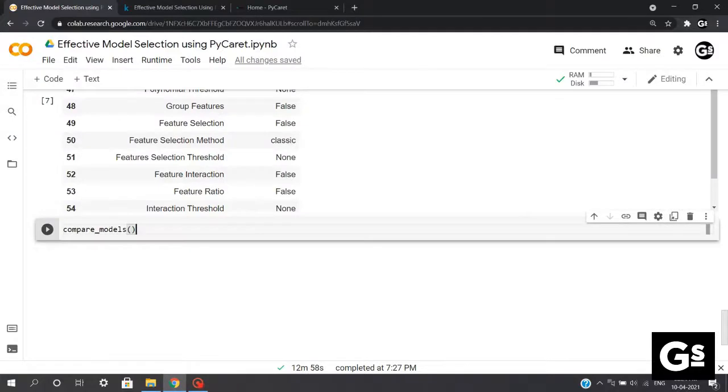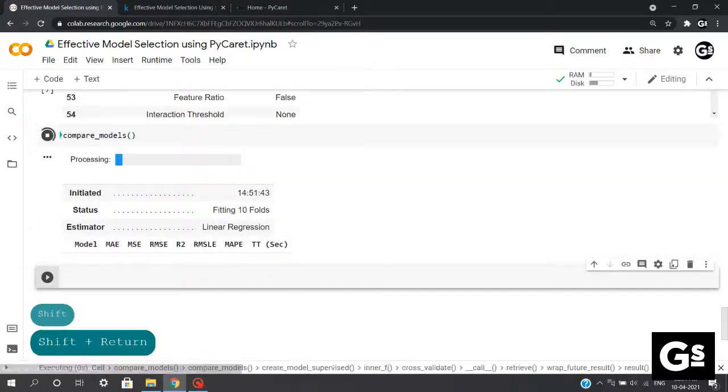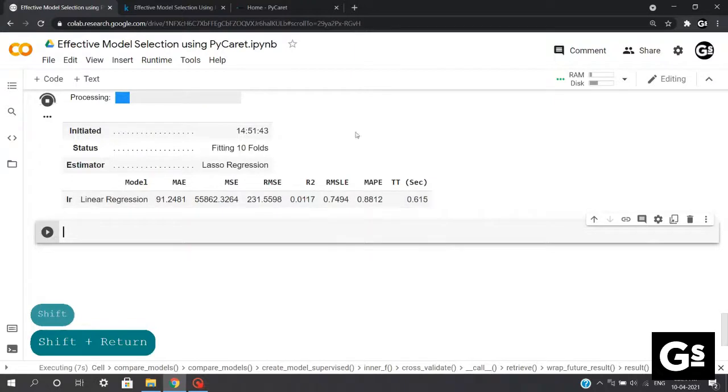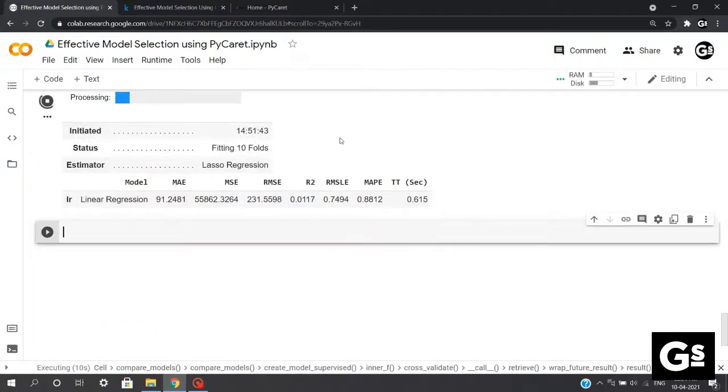Once we are done with the setup, we'll be executing compare_models. This will experiment our data with various models using k-fold cross-validation of 10. It will compare each model's performance on your data and rank the best model on the top based on factors like MAE, MSE, RMSE, R2, RMSLE, and MAPE scores, and also the time taken for execution. Well, we'll be skipping this execution period and quickly jump to the output to save our time. The execution may take up to 8 to 10 minutes since it will be comparing various models with k-fold cross-validation.